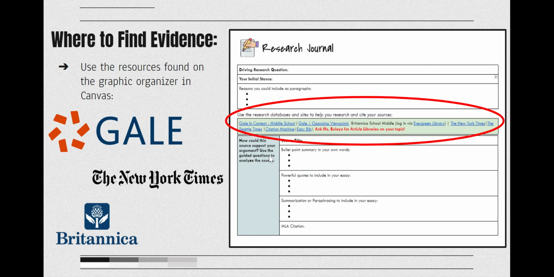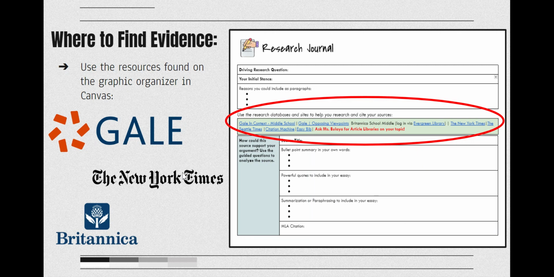You could start on Google and try and find articles that support your ideas, but you do need to make sure that those are credible and end with a .org, a .edu, or a .gov. If you get really stuck, you can ask Miss Ulea for support, and I will try and help you research your topic, especially if your topic is really niche and specific. It might be a little bit more challenging to find evidence.